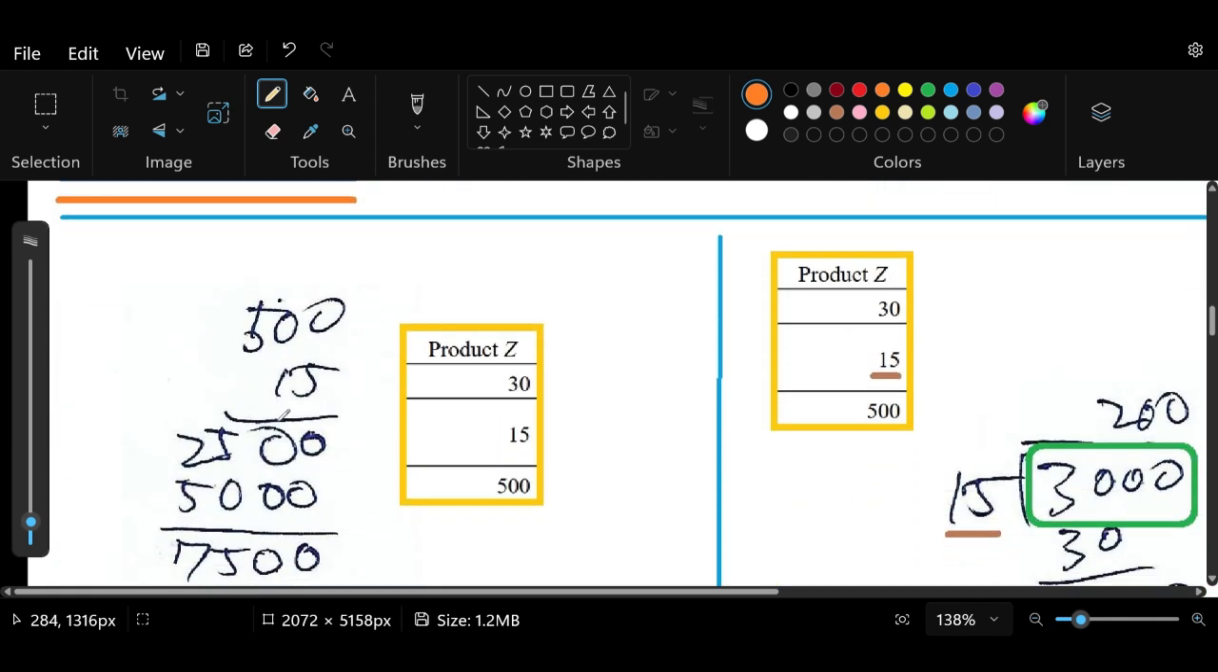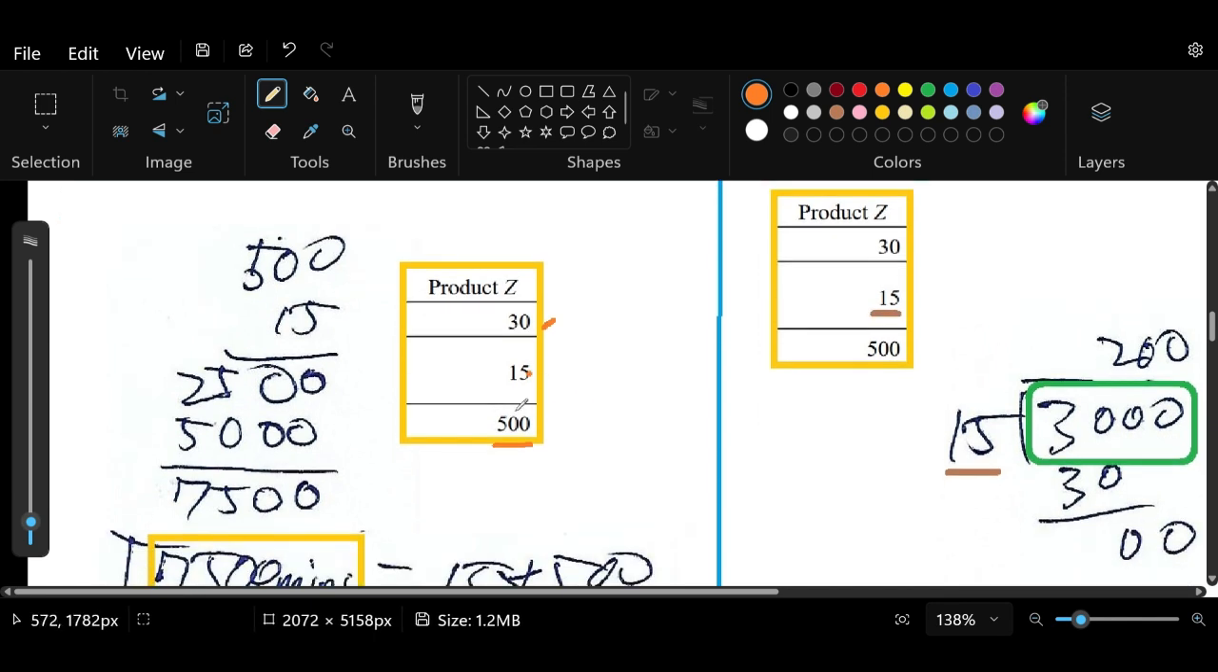Now the next thing I did was to check whether we can make use of product Z, because product Z per unit gives us the most profit, 30 US dollars, but the maximum is only 500. Still, we need to know whether we can make use of product Z to earn the maximum amount of money. So what we can do is find out how many minutes it will take us to manufacture the entire thing,